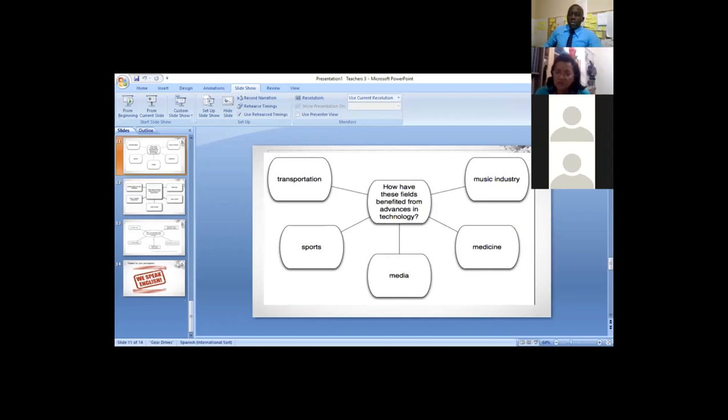Okay, now let us look at how to analyze this again. Let us look at some of the fields that are almost common. For example, which kind of field is almost common? You can look at the music industry, and then you can also look at the sports industry. After that, I will have media, and at the same time talk about medicine.